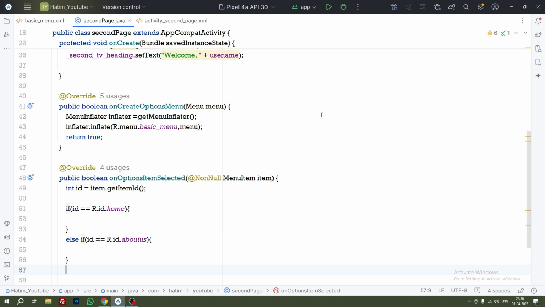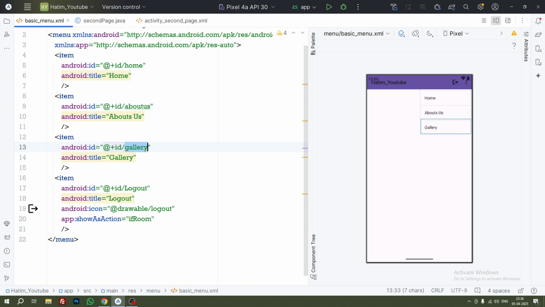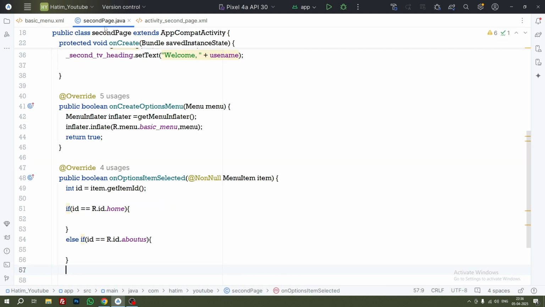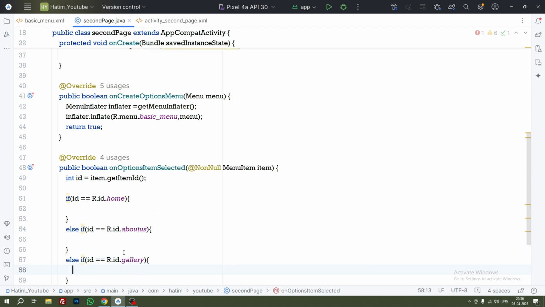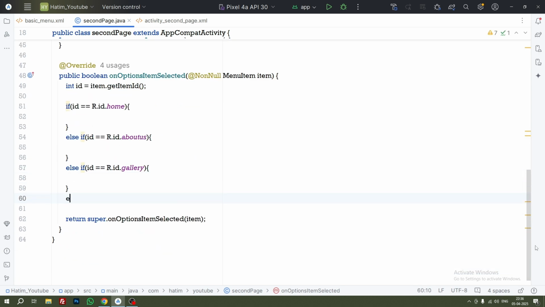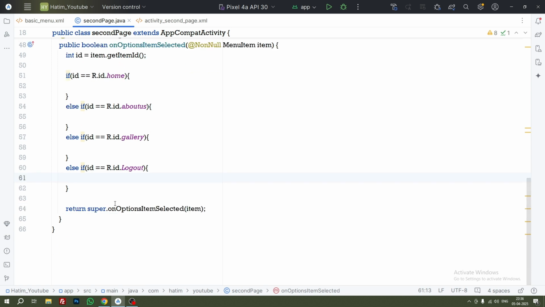If we don't remember this id, then we can just go to the basic menu file, copy it, and paste it directly over here. Else if id equals R.id.gallery. Else if id equals R.id.logout. Right now, what we want to do is whenever a user clicks, we just display a toast message